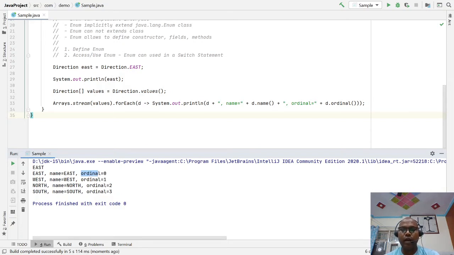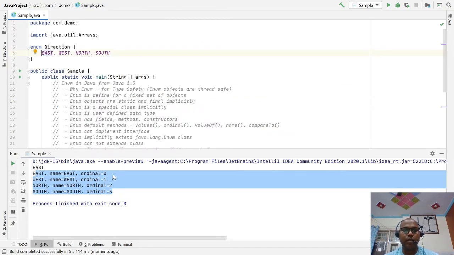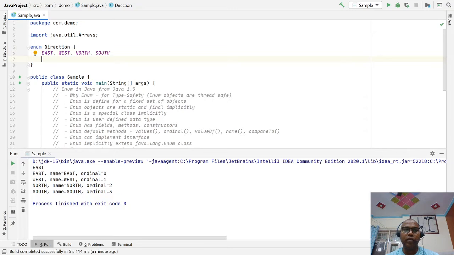whenever you are declaring an array, all the array indexes start from 0, 1, 2, 3, 4, 5, 6. Sometimes for each object they have some default value 0, 1, 2, 3, 4. I want to change it so each object has a different value, not just east, west, north, south. Here enum provides you the option to declare a constructor as well, so here I can define